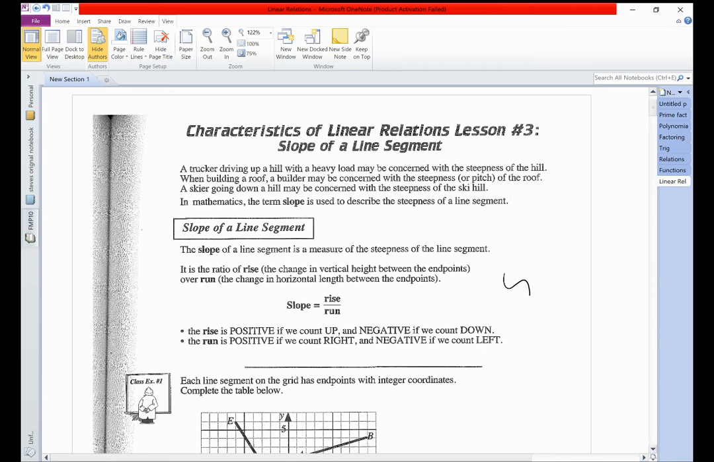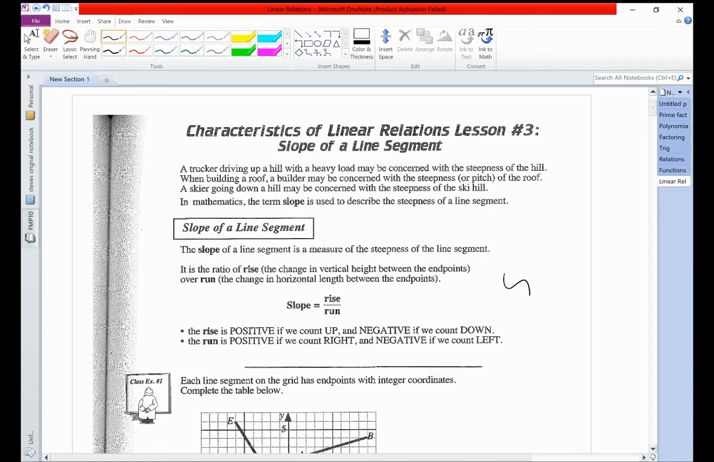Welcome everybody to Characteristics of Linear Relations Lesson 3. I know it's kind of weird that we are starting with Lesson 3, but again, with this shortened class schedule, we have to skip a few lessons, so stay with me and it shouldn't be too bad. So we've been looking at relations and functions, and we know they create graphs,